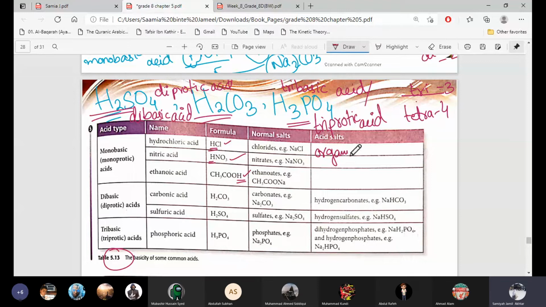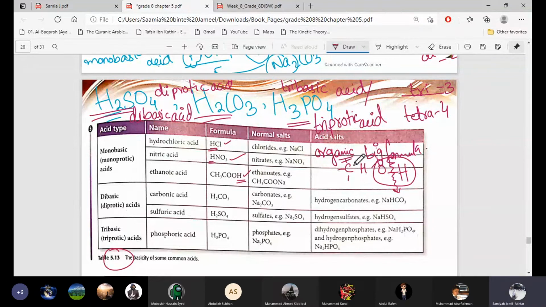Big formula, and mainly they have carbon, hydrogen, and oxygen present. But in their formula, the hydrogen which is attached with oxygen can be replaced. The hydrogens which are attached with carbons, if there are 2, 3, 4 carbons present, cannot be replaced, because the covalent bond between carbon and hydrogen is strong, so it will not break. Only the bond between oxygen and hydrogen can break.